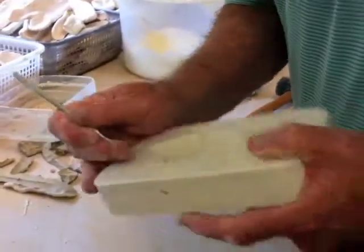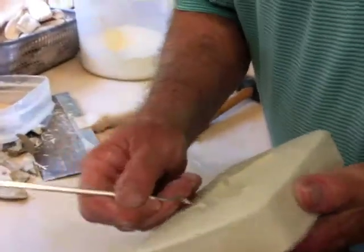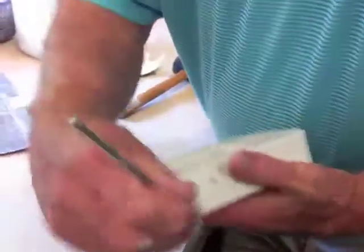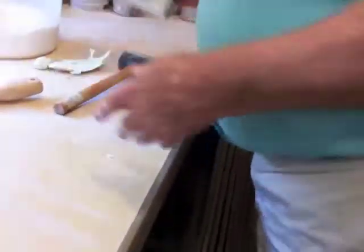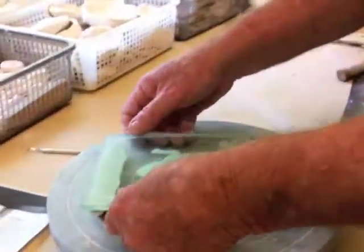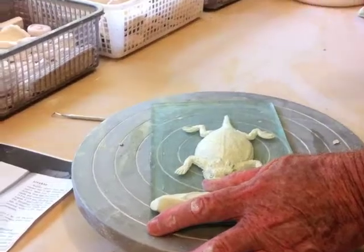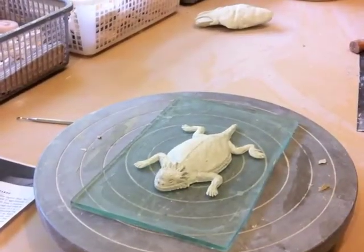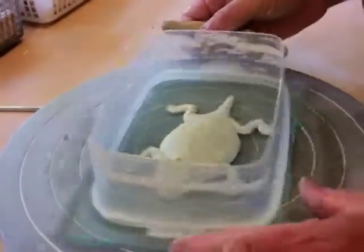Then I touch the mold up. I inspect it for flaws, and I want to get the edge done a little bit so the mold will release later. Now, we have one half of it done, and now we come back to the other. And voila, I have my other part of the model here. And using some pottery clay, I'll go ahead and seal this up